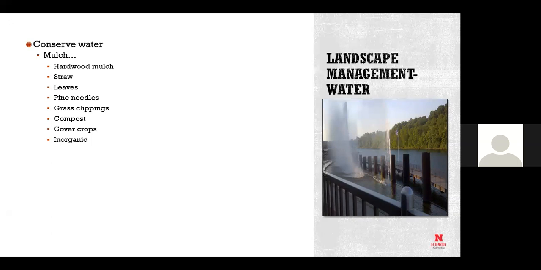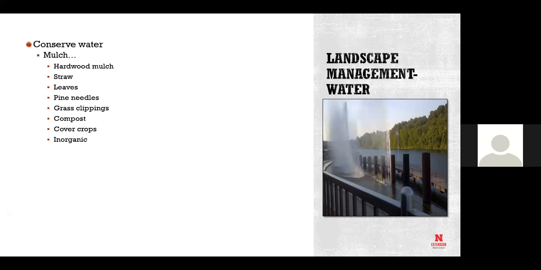Okay, so conserving water, again, mulch. There's a part of the list with mulch, all the things you can use, and we did add inorganic at the bottom, stones, rocks, those kinds of things, because there are some plants, even in the eastern part of the state, that absolutely do not want to have an organic mulch around their crown. In the western part of the state, dry soil or chips of stone, a scree kind of thing, is really what they grow in.